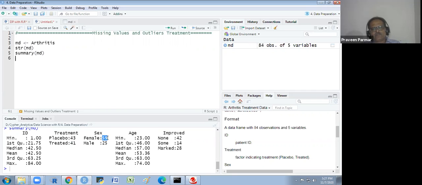Gender: 59 are female and 25 are male. For age, the minimum age of a patient is 23 and the maximum is 74 in this group. 46 is the first quartile, 57 is the median, 53.36 is the mean, and 63 is the third quartile. In improved, 42 patients have no improvement, 14 have some improvement after the treatment, and 28 had marked improvement. So this is the basic summary we have.